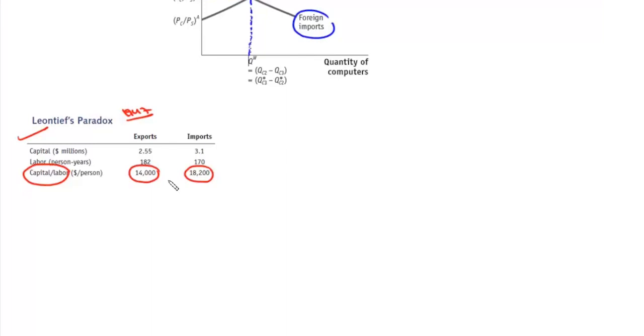But the findings were completely opposite. So the findings which are contradictory, they are known as Leontief's paradox. It is widely assumed that Leontief did not perform this test well, and there are numerous reasons to explain his paradoxical findings. Now once the pattern of trade is established between the two countries, home and foreign, we'll study